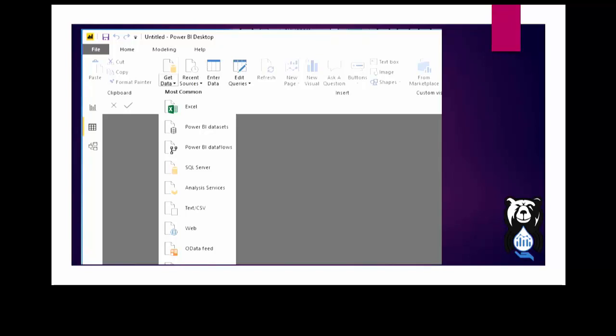So if you've used Excel, you can work with it in various different ways. When you start working in Power BI, up here it has a Get Data button. You can pull data from a lot of different sources.